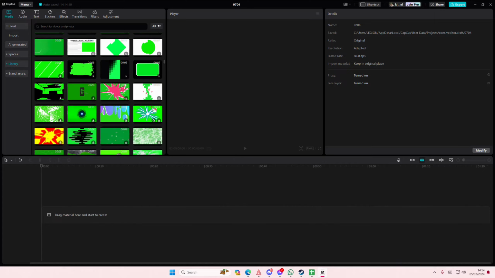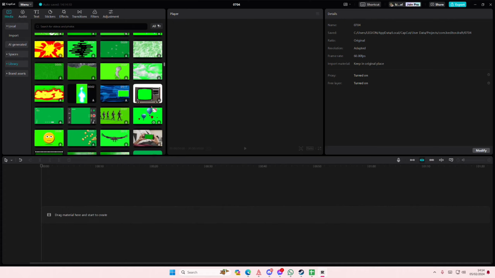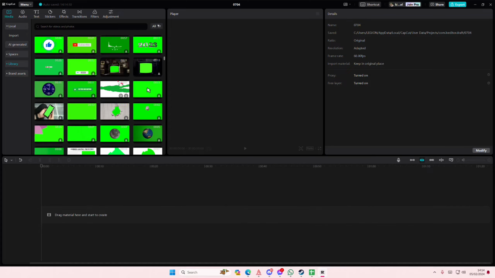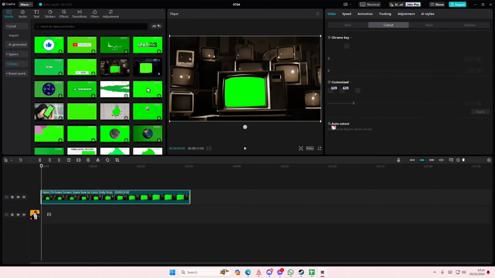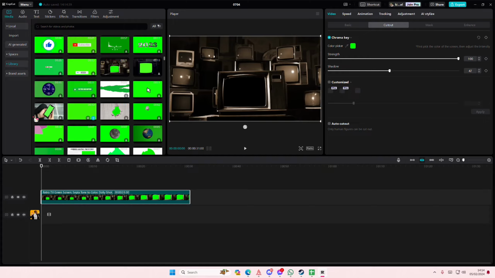In this video I'll be showing you guys how you can remove green screen or blue screen from your videos on CapCut PC. So for instance, I want to remove this green part of the video to insert another video here. So go to cutout, select chroma key, select color picker, and select the green bit and adjust the strength here. You can also add in some shadows to even that out, but maybe add in your video first underneath